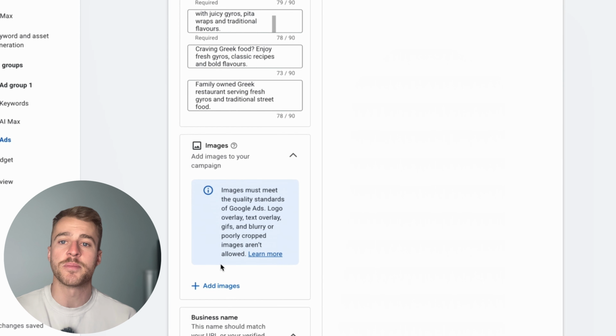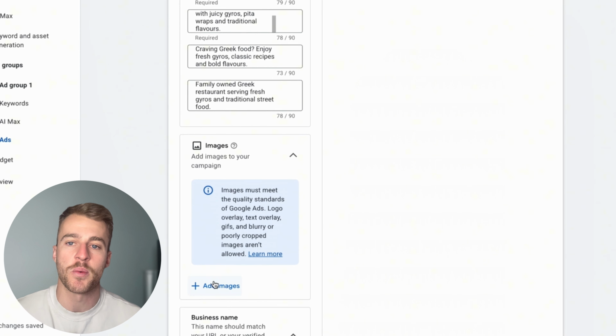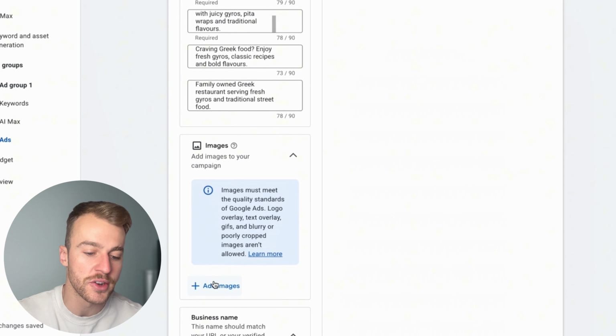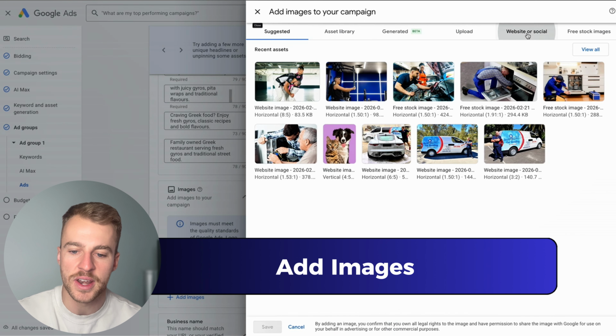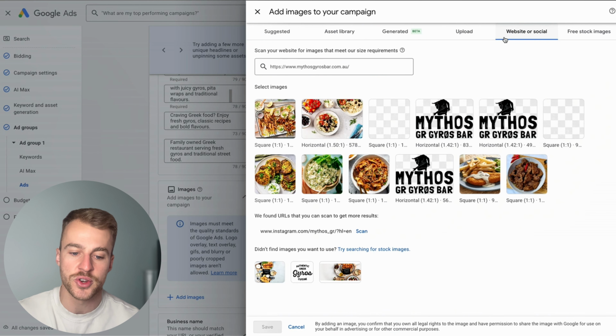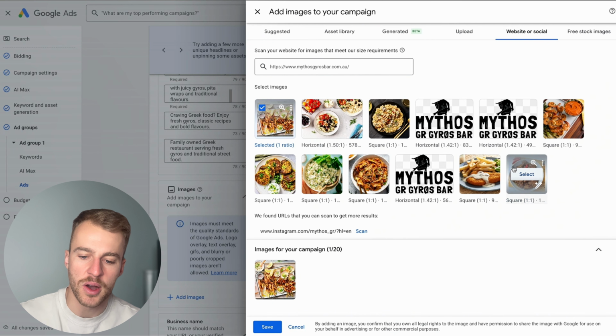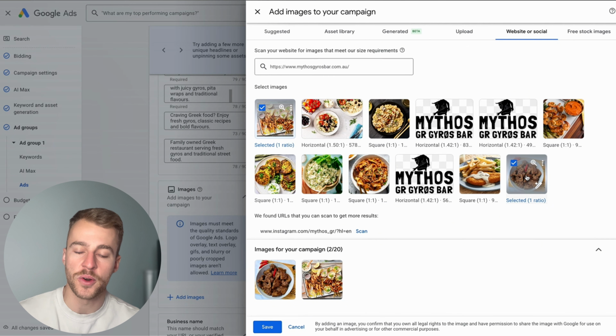If you're a new campaign, you probably don't have images yet. This will take about 1 to 2 weeks of advertising, then you get the ability to do this. But if you already have one right now, don't stress at all. We're gonna tap on website and social and use the photos on our website. So what I will do is go through here and tap on all of the photos of your best sellers,